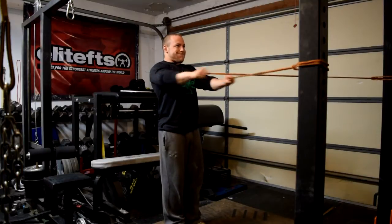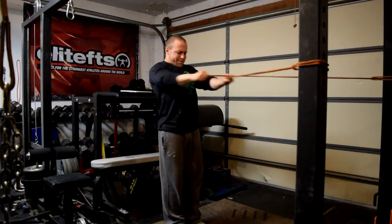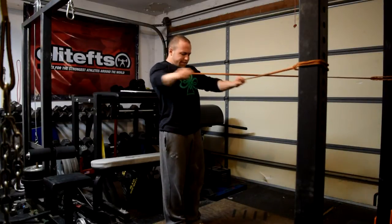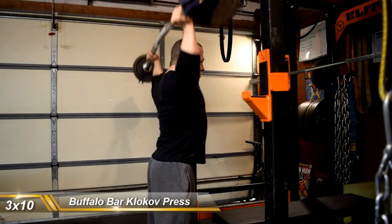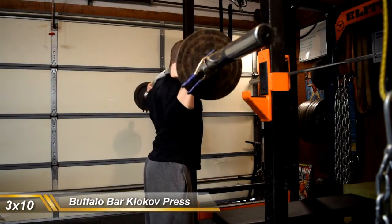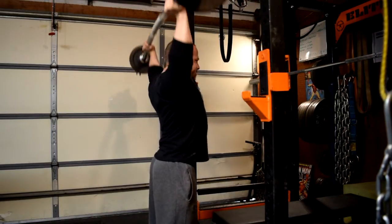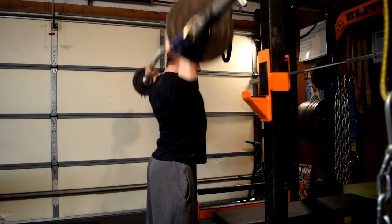Then rounded out the shoulder training session with some Klokov presses with the buffalo bar behind my neck. People talk about how dangerous this is, but really, as fried as my chest and shoulders and triceps already were, to end the session like this, I'm ending up with 75 pounds for a set of 10. If I come in fresh, yeah, I could probably end up doing close to a plate. So the idea with the pre-fatigue